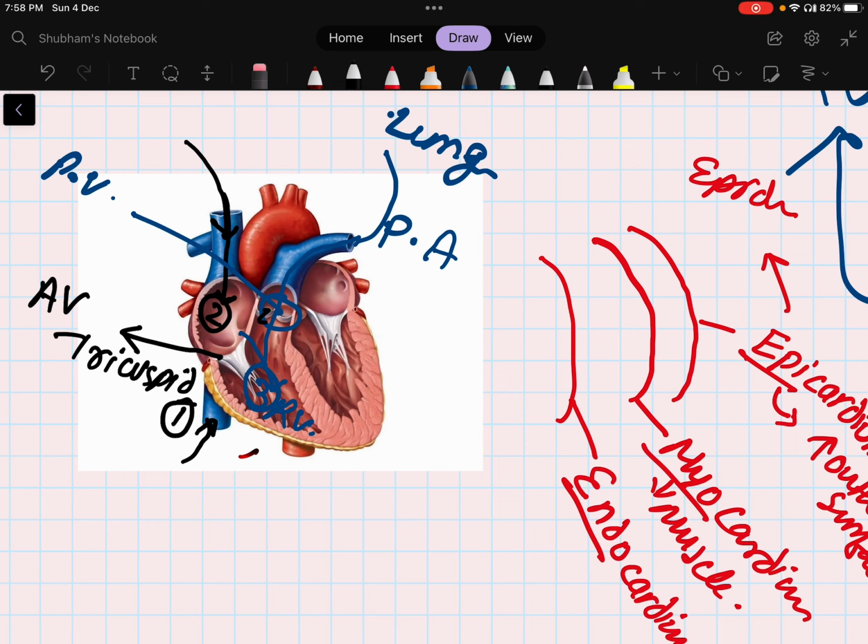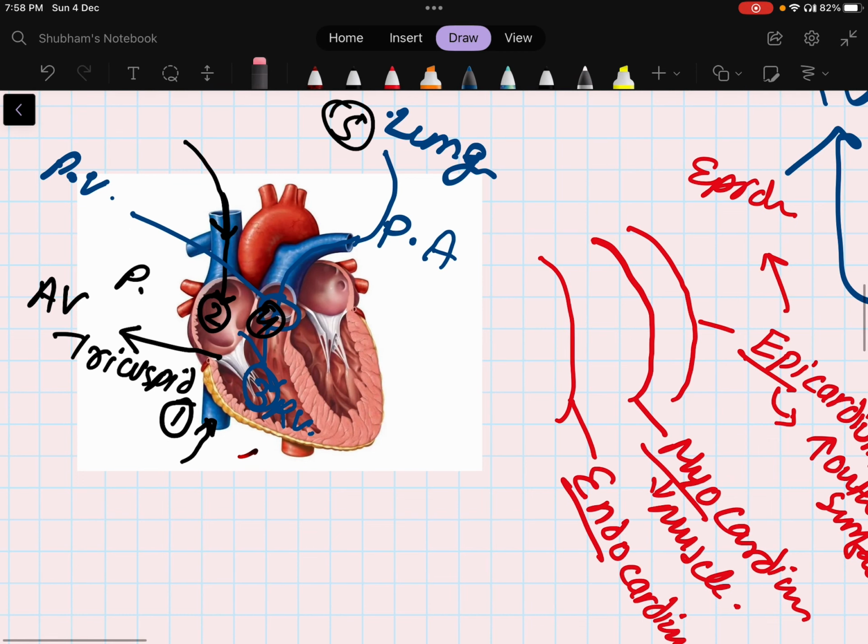This is the fourth stop for it. From here, the blood goes to the lungs. From there, the blood will be collected via pulmonary veins, and will be drained into the